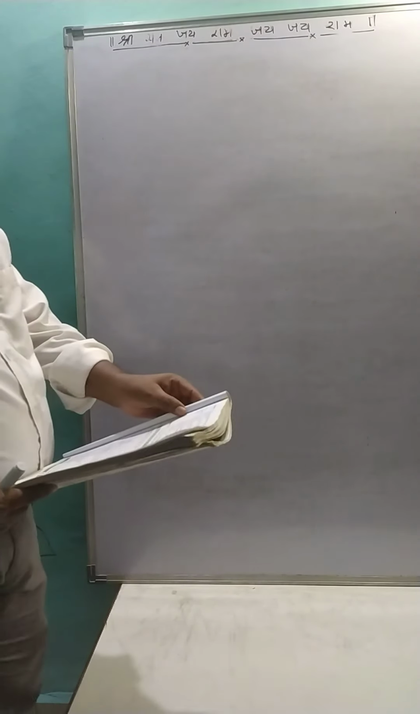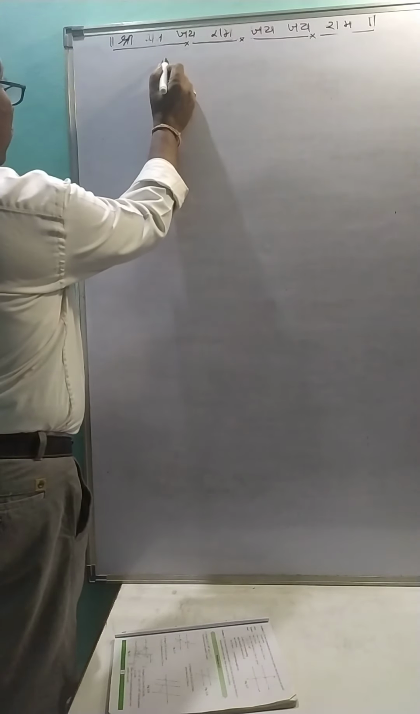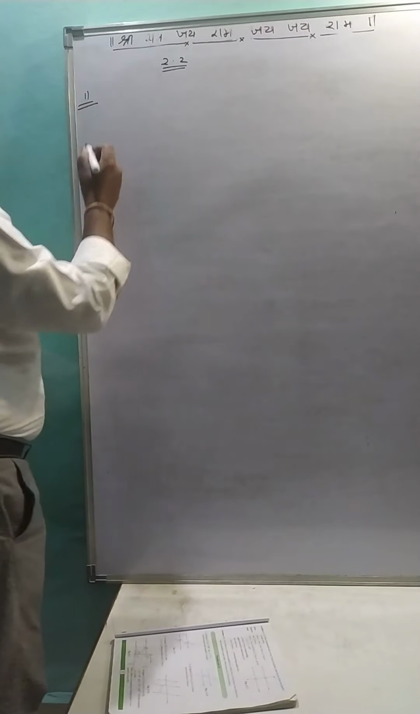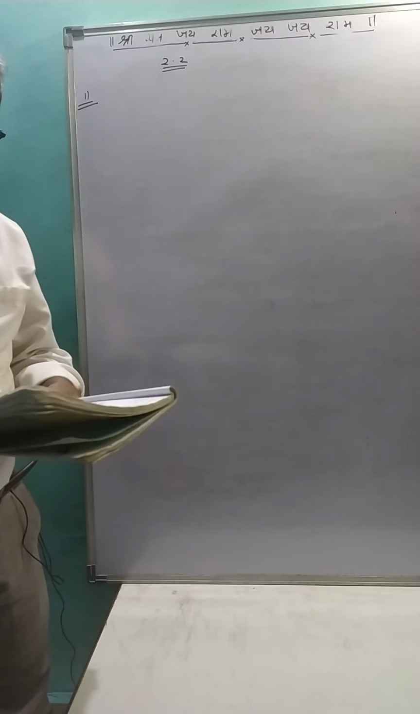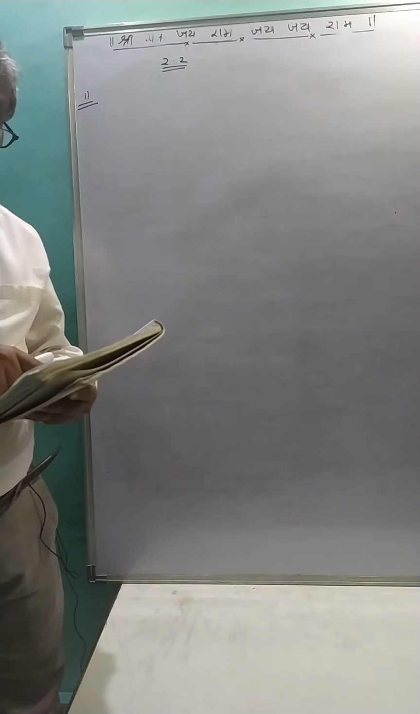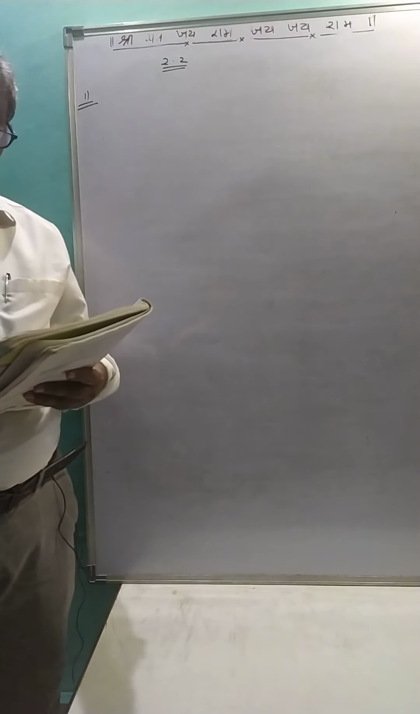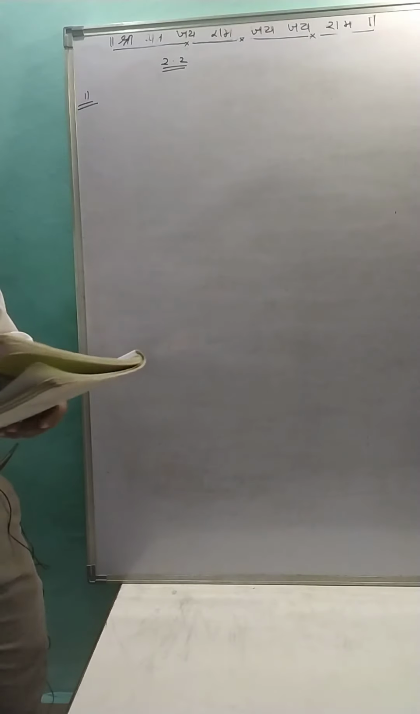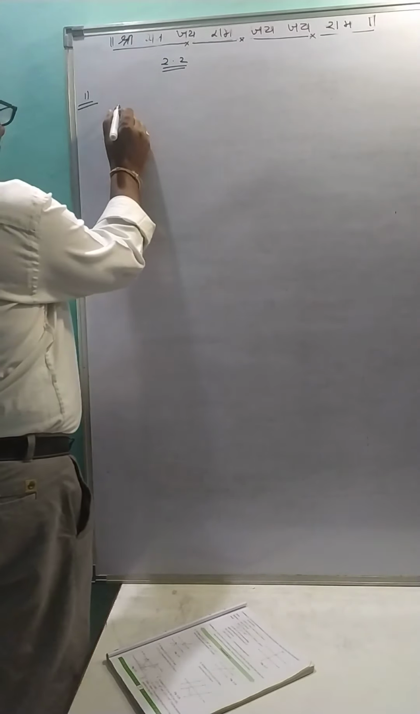Now practice set 2.2 and example number 1. In the figure, y is equal to 108 degrees and x is equal to 71 degrees. Are the lines M and N parallel? Justify your answer. So see the first figure,